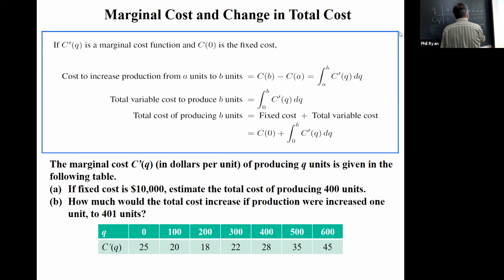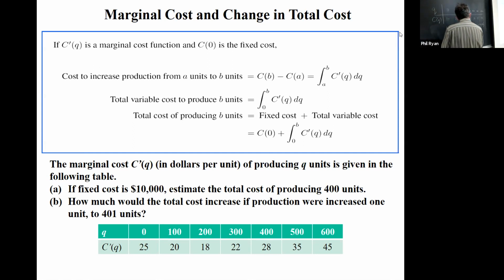And so that's 45, 55, 63, 85, 113, 148. So the left-hand sum is this. The right-hand sum is 100 times